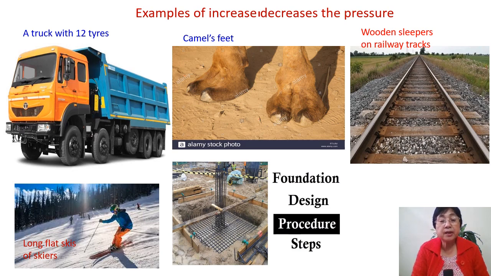How do they do it? They make nets like this with iron rods. The net of iron rods will be placed deep inside, attached to the standing rod. So by making the broad net like this, you are making the area of contact of